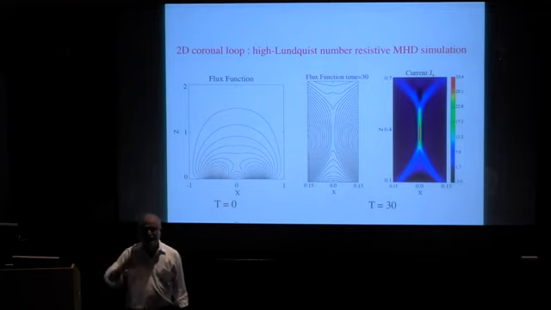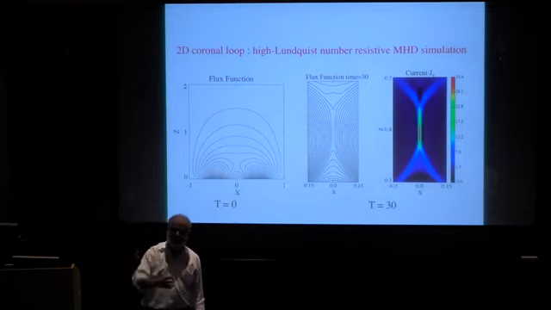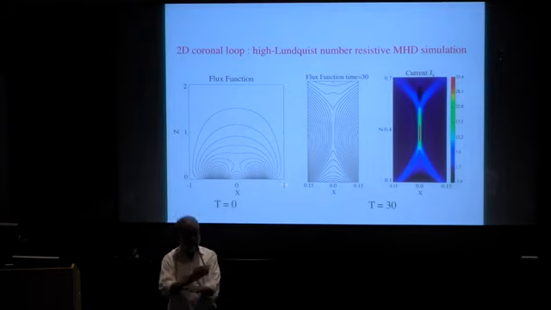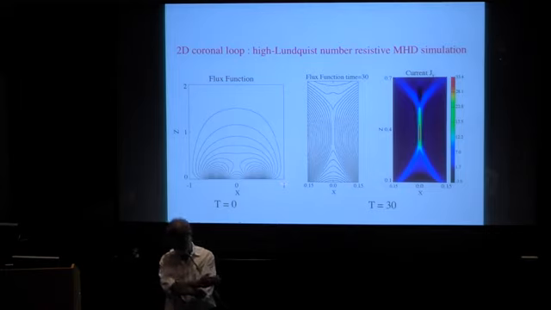So even when you pre-bias the system and created an X point, which would tend to favor Petschek, right? Because Petschek was saying this is the key to your fast reconnection. But if the length is much greater than the width, you're going to go to slow reconnection. So, great, let's start with a system which was like this in the first place.